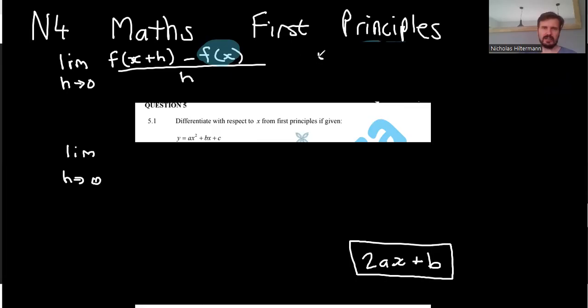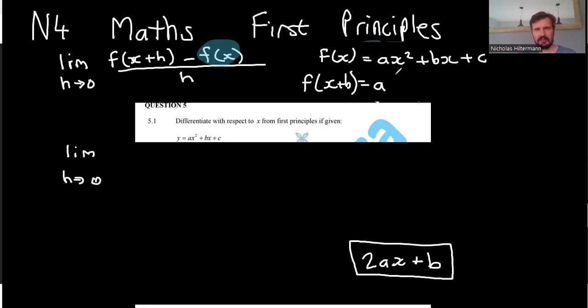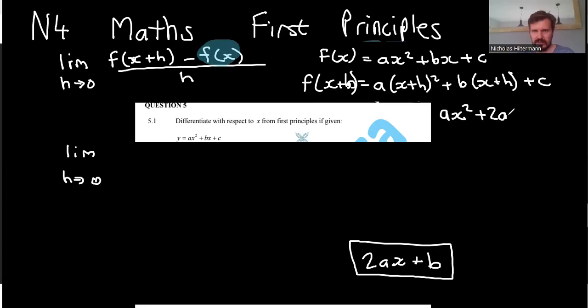So this is my y, my f of x. So f of x is ax squared plus bx plus c. f of x plus h is a(x plus h) squared plus b(x plus h) plus c. This formula tells me where I see an x, I need to put an x plus h. So multiplying this out, I get ax squared plus 2ax